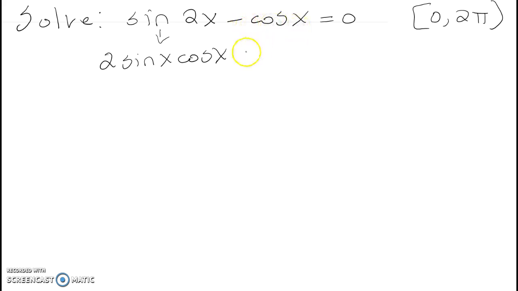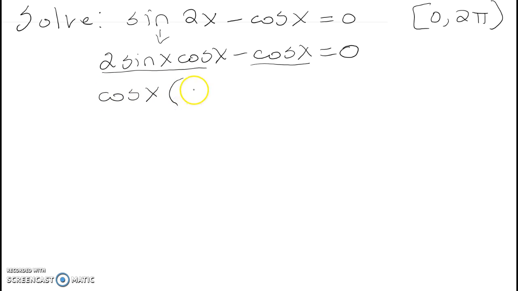Now we will bring down the minus cosine x and set it equal to 0. Once again, what we just did is we replaced sine 2x using the double angle formula with 2 sine x cosine x. At this point, we can see that there are two terms in this equation and each term contains cosine x. We'll factor that out as our GCF,